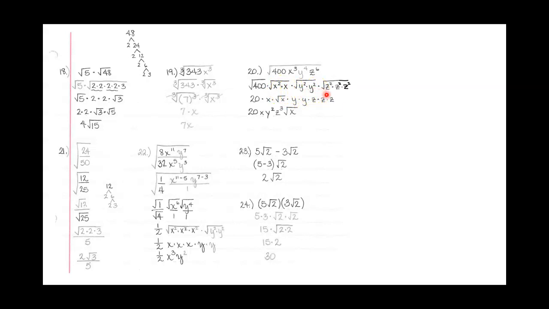And z to the 6th, I'm going to write it as z squared times z squared times z squared. Now, when we go to simplify the square root of 400, let's look at that. I'm going to treat that like a totally separate problem, because earlier on, this would have been a problem in itself. So remember we've talked about take it apart, take it one piece at a time, pull it off to the side. You can even cover the rest of this with a piece of paper